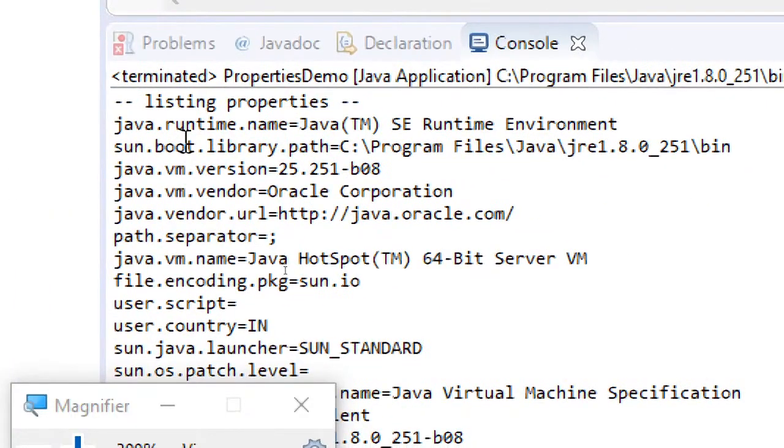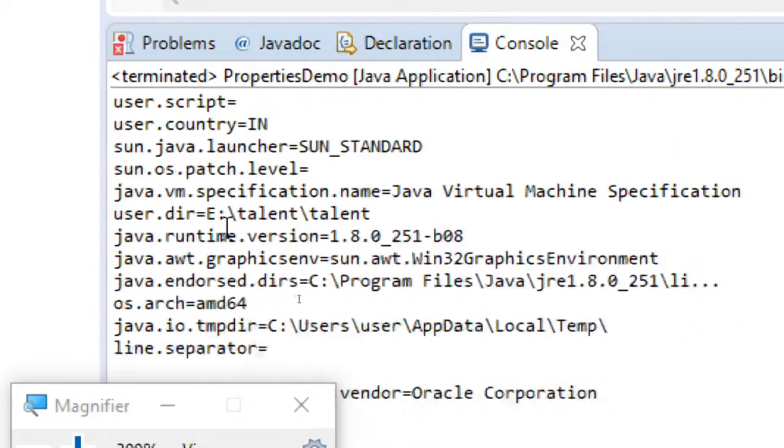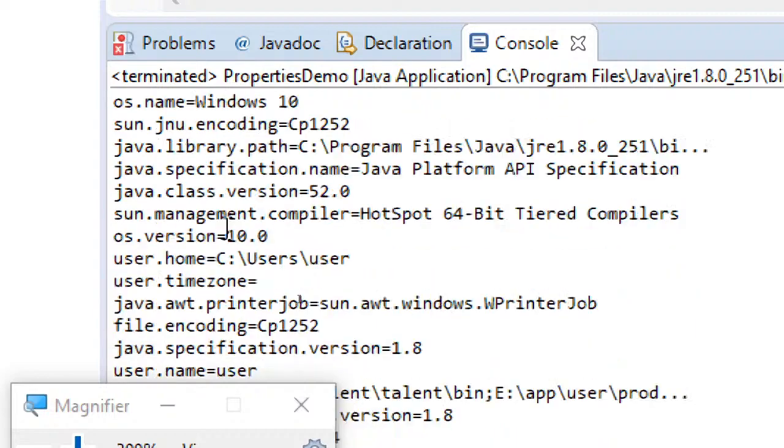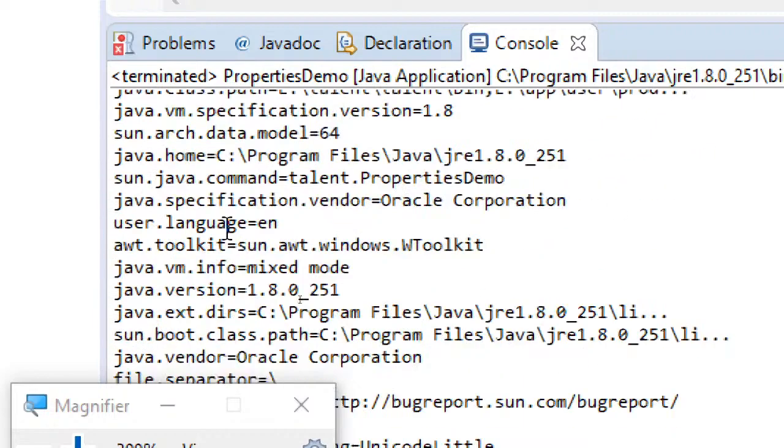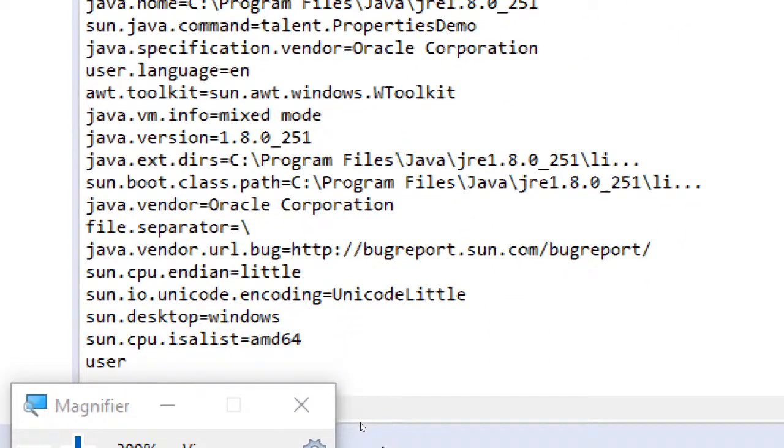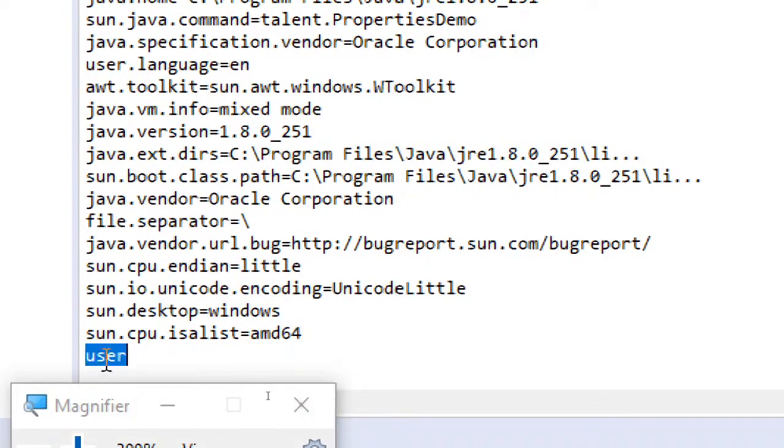So here you can see it has returned all the properties for me. So all the system properties it has just returned, and username you can see now it has returned me user. Username itself is user. So this is how you can use the properties class.